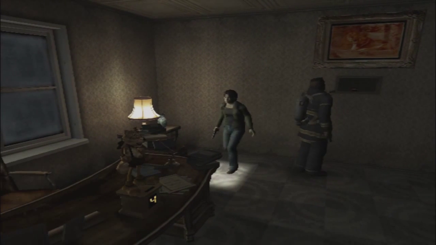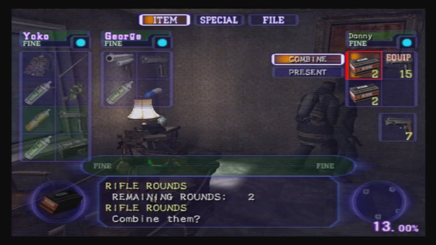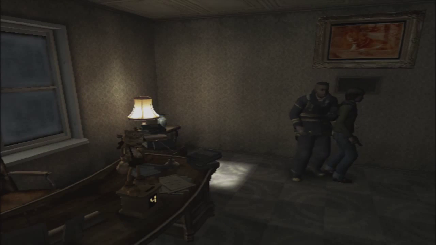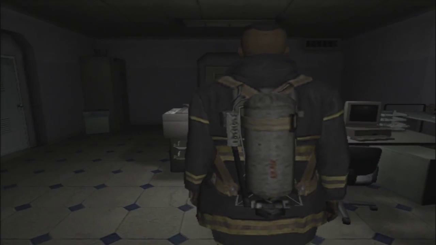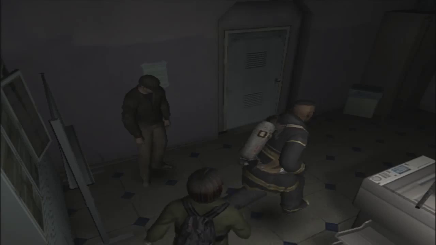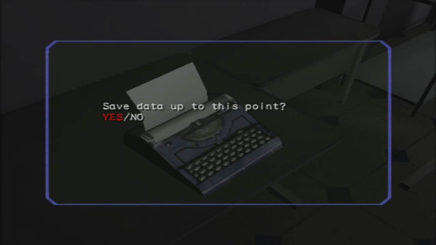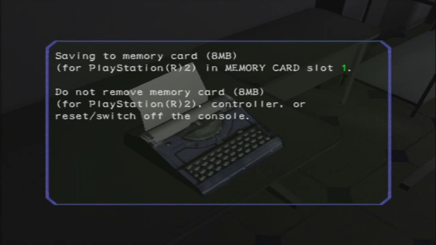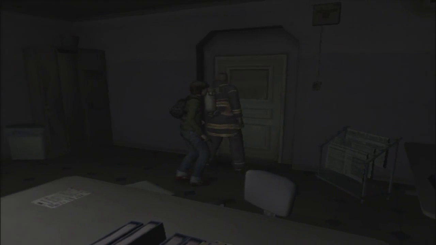And some more rifle bullets. That'll do me. Why not? Oh, my bad. Did you see her try and take them off me? He's like, no, my bullets, mine. Okay, so now I'm going to save it, and then I'm going to try and finish the level. So, save it here. There we go. And right now, I have to run back towards Titan, except now we're going to be on